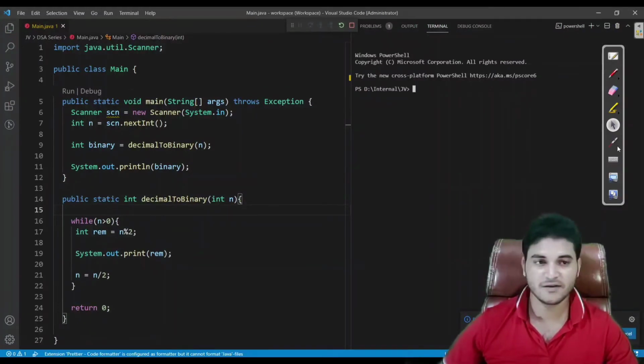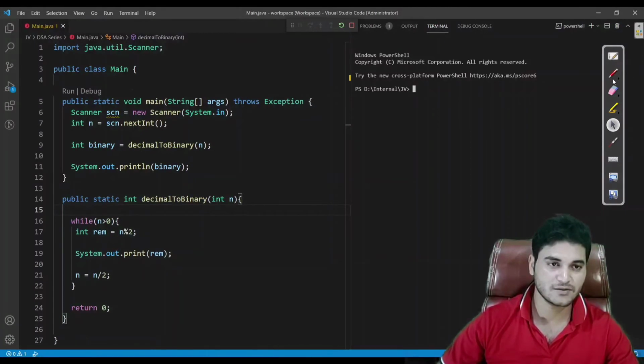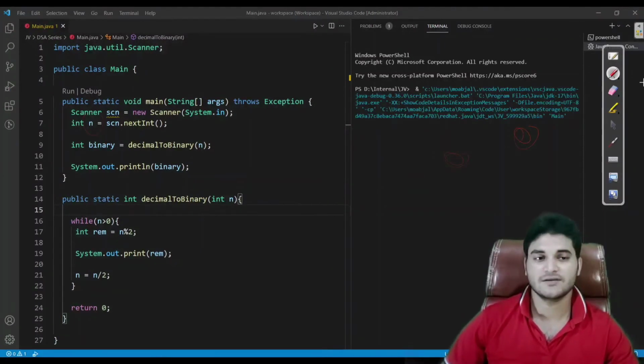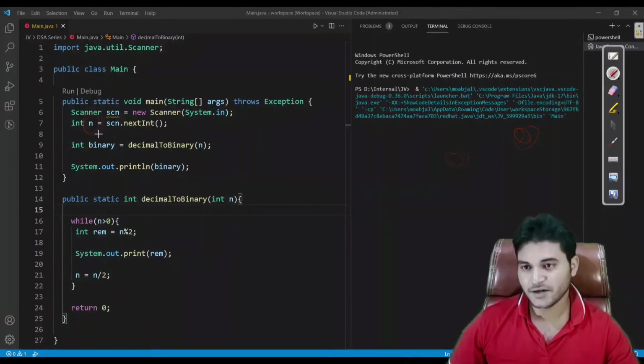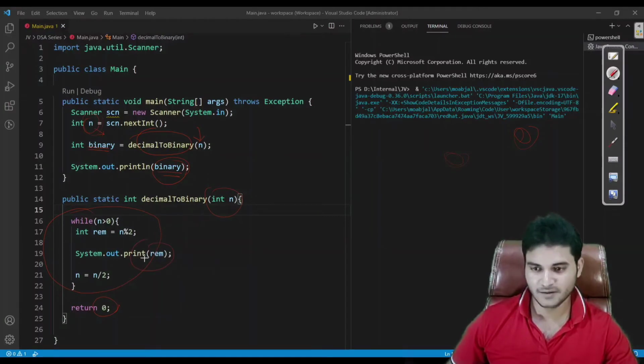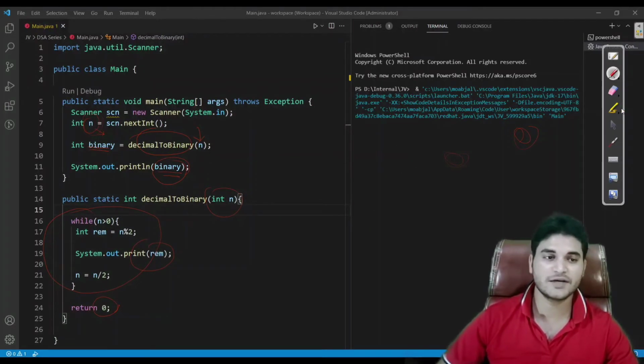Let me explain a little bit also. Fine, this is fine now. What I am doing is we are taking an input from the user and we are passing that input to this function. Here we are receiving it and converting this number into binary. Not actually converting here, we are just printing the remainder for now. We will see how we convert that number. From here we are returning 0, so this will print the 0 here. But before printing this 0, in the function we are also printing the remainders. Fine. So we are going to get the remainders.